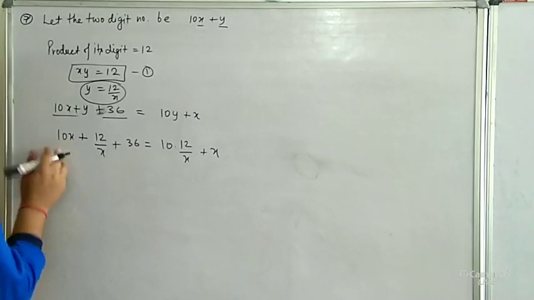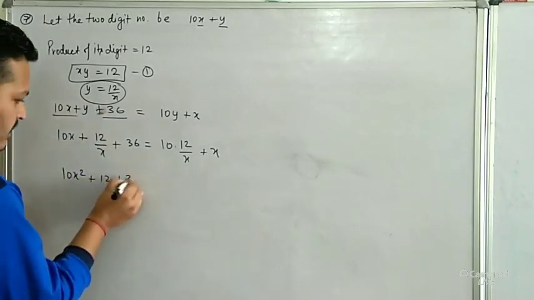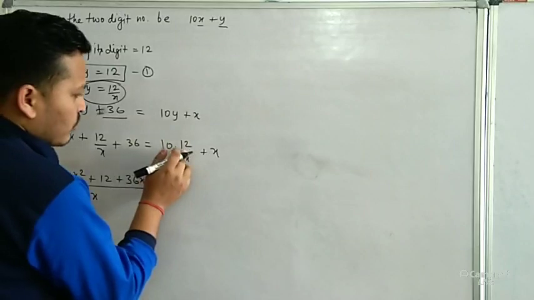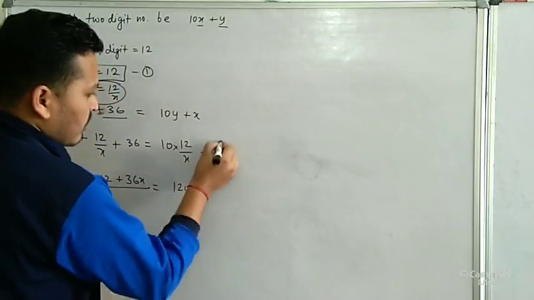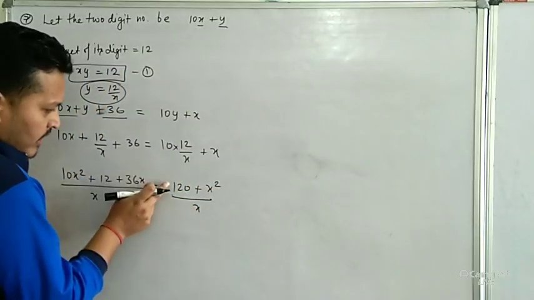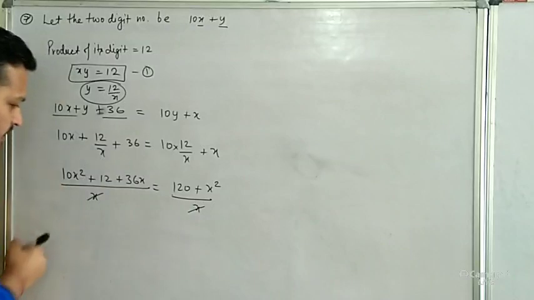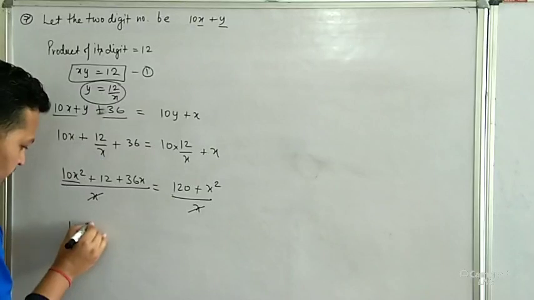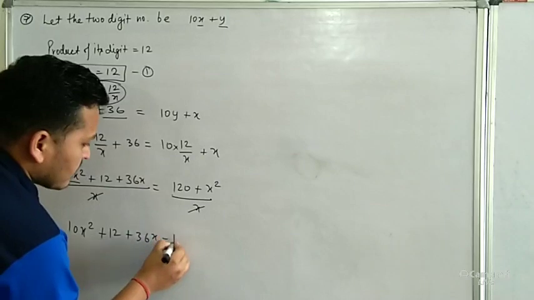LCM is 10 into x, so it is 10x square, plus 12 remains the same, plus 36x, and whole upon x is equal to, again we can take the LCM, so it is 10 into 12, so 120 upon x, and plus this cross multiplication x square upon x. When we transfer this x to the right hand side, it moves into multiplication, so we can cancel out here. Okay, so the equation we will obtain is 10x square plus 12 plus 36x minus 120